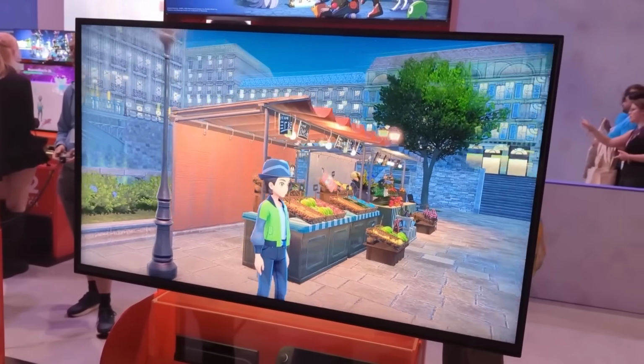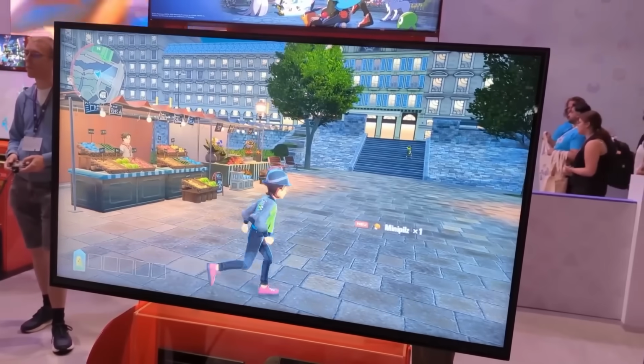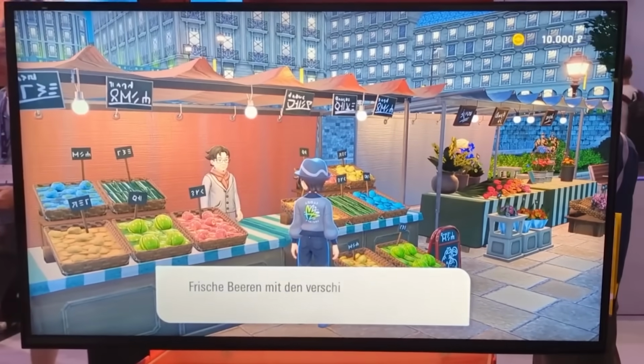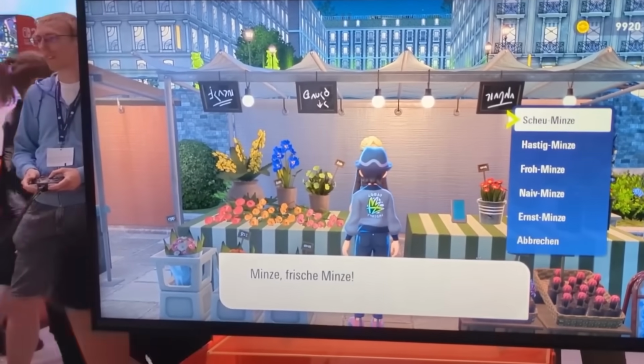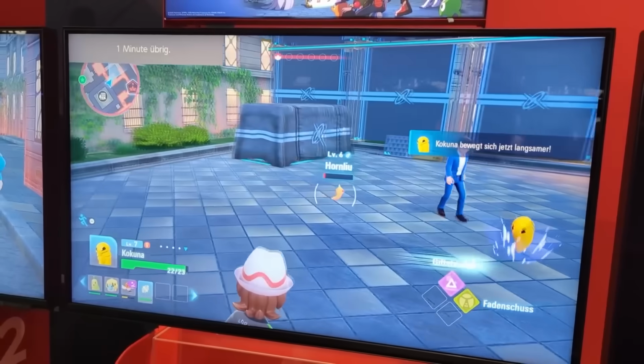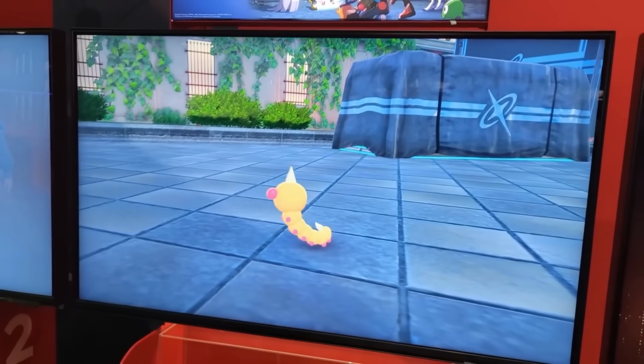As is apparent in this footage from fanmate Tim, where instead of following Zygarde, he immediately turned around to explore this night market. Here we learned there's a stall selling various berries, and another one selling mints, which you can of course use to change your Pokemon's nature. But this is just scratching the surface of what Tim was able to discover though, because back in the first